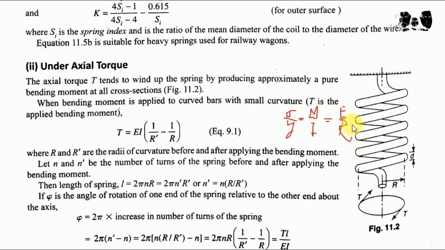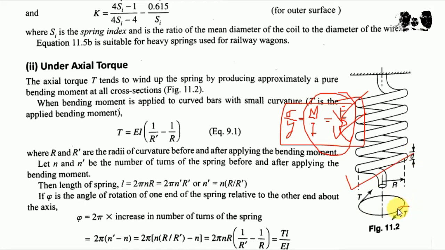This is a bending stress equation. In this equation we use these two parts: M upon I is equal to E upon R, where M is the bending moment, I is the moment of inertia, E is the Young's modulus, and R is the radius. So in this part